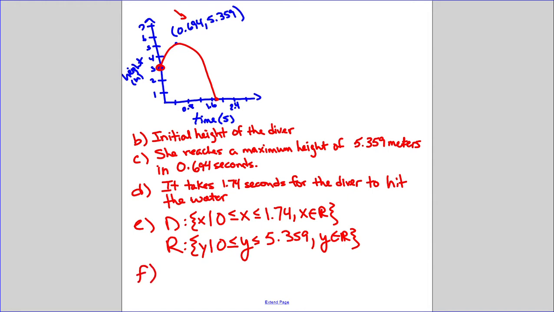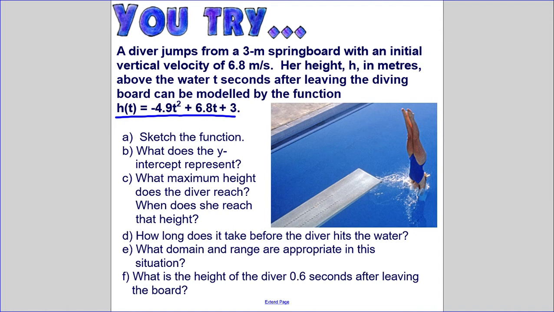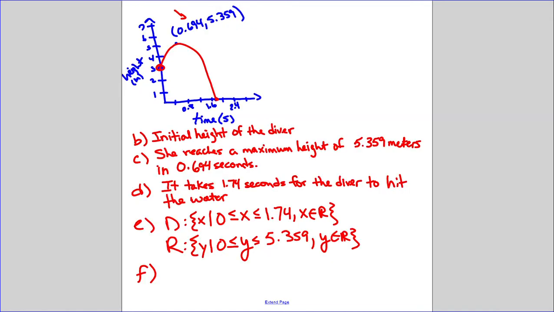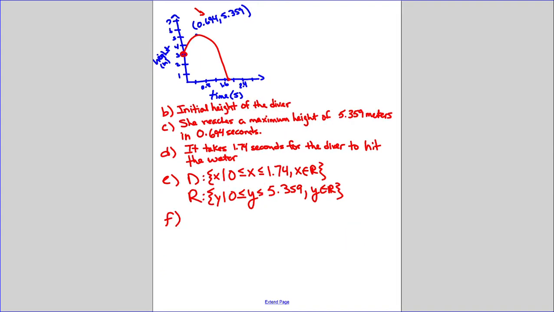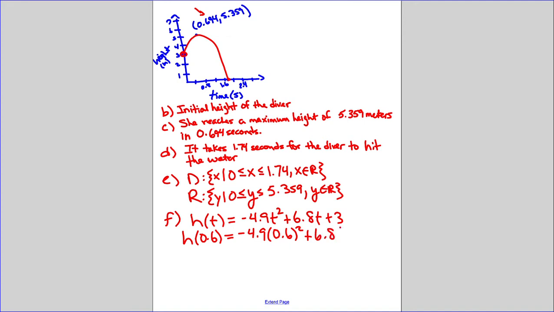And then at the end here, I've got F, and F says, what is the height of the diver 0.6 seconds after leaving the diving board? So here I've got to plug in my equation, which is going to mirror the same thing from before. So remember I had h of t equals negative 4.9 t squared plus 6.8 t plus 3. So here we're going to plug in my time value of 0.6 seconds, so h of 0.6 equals negative 4.9 times 0.6 squared. So all I'm doing is plugging in that time value that it asked for into my t's,